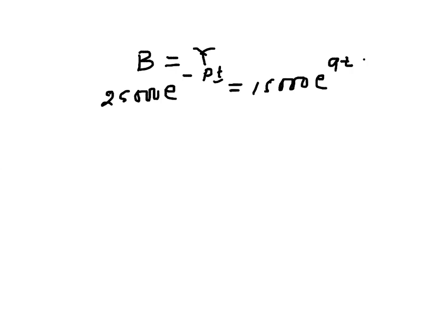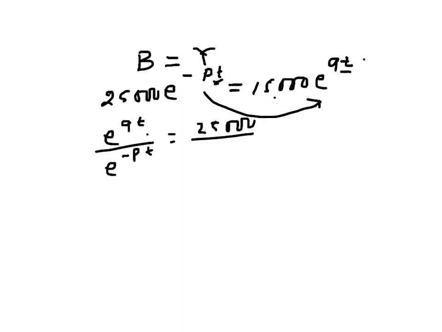Now we need to find t here because that's what we don't know. So we can do it like that: e to the power qt over e to the power minus pt. I am taking this one to that side, and this one will be the fraction here. So 25,000 over 15,